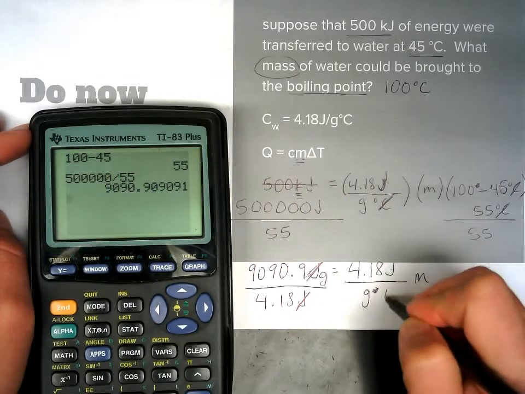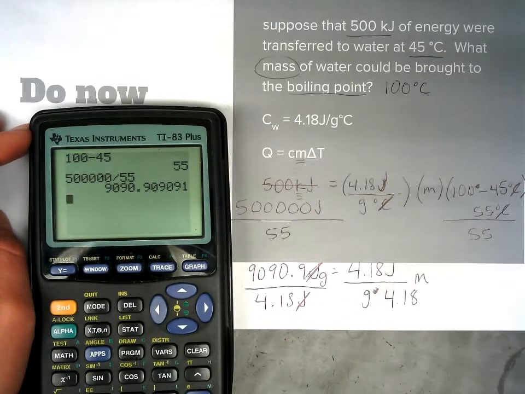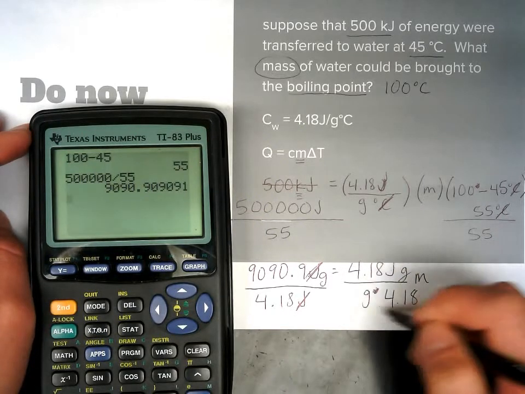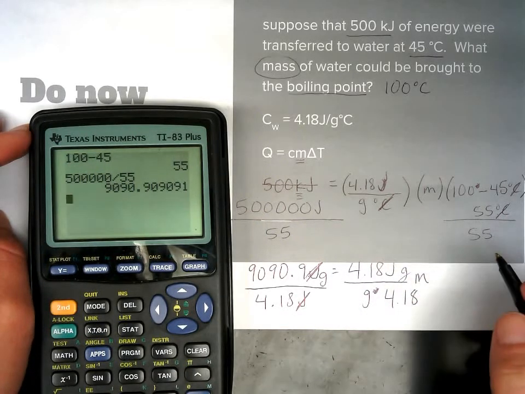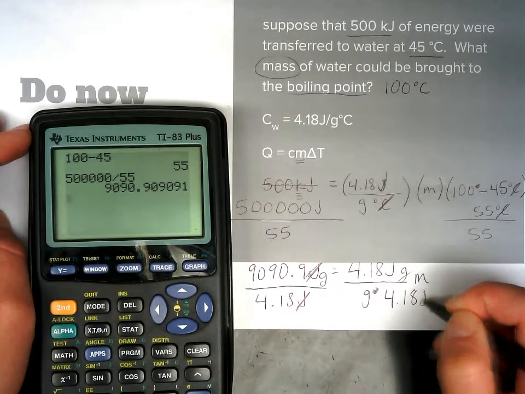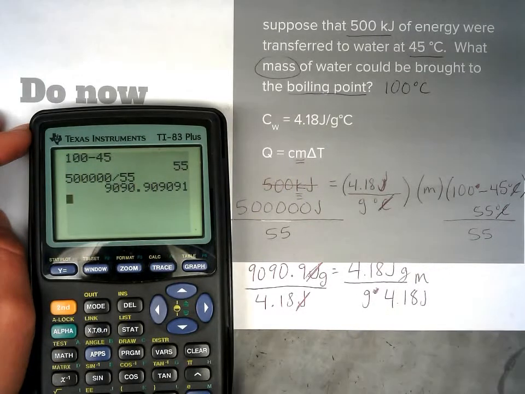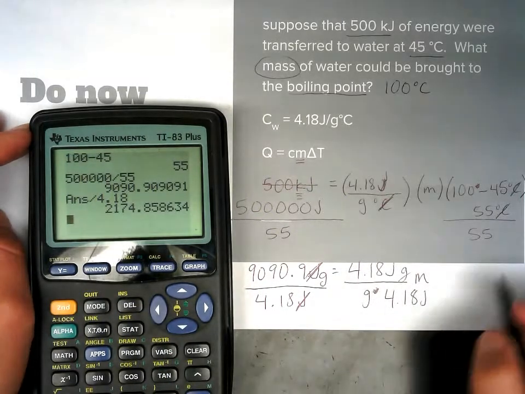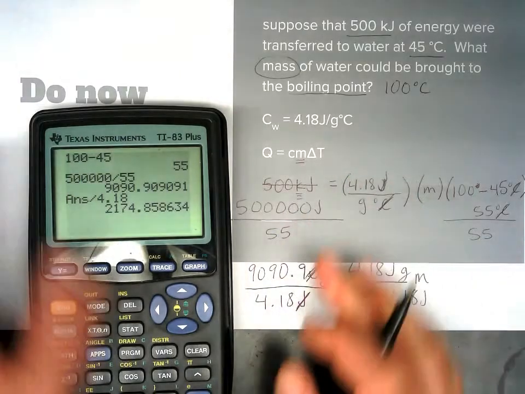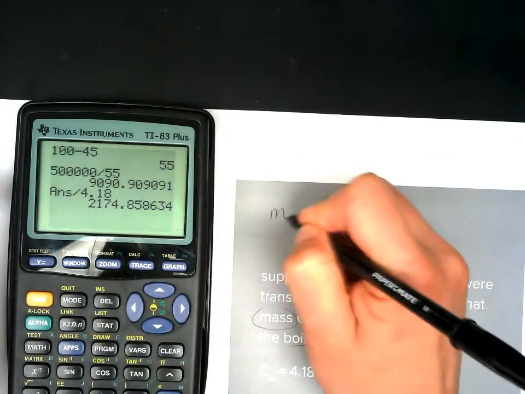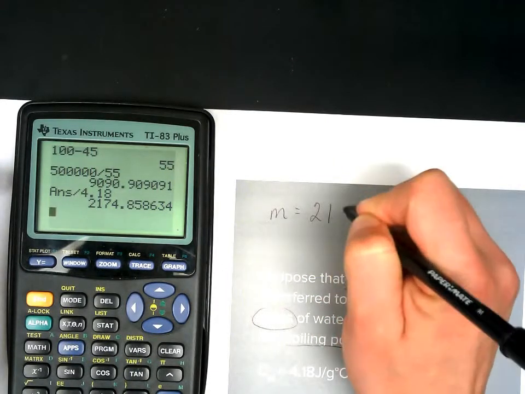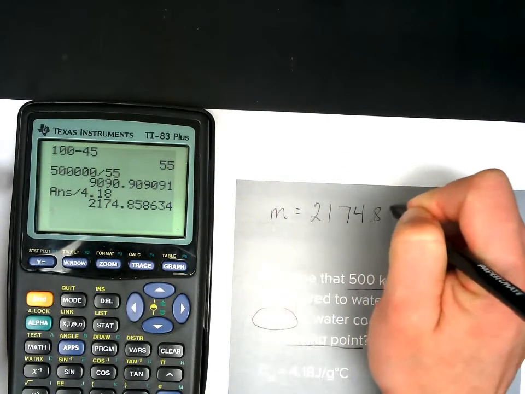So again, over here I need to divide by 4.18. And my mass is 2,174.858